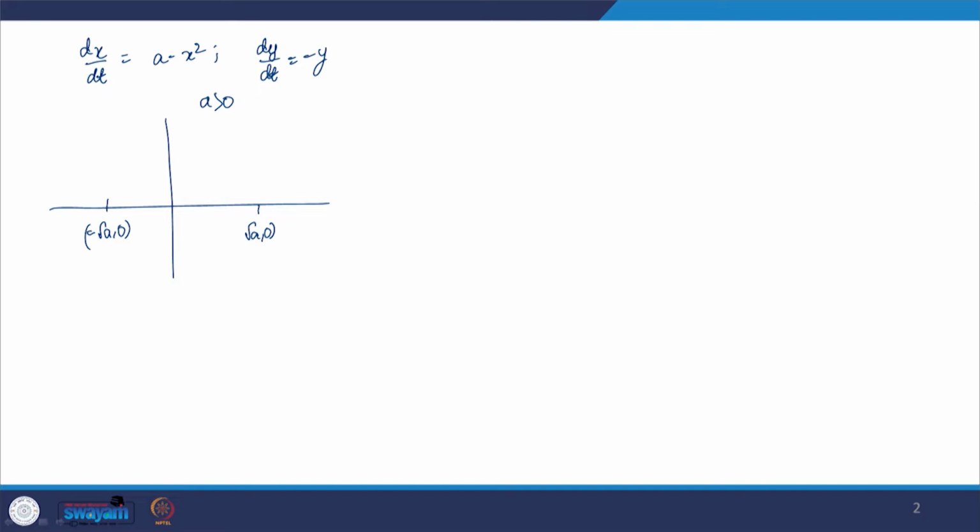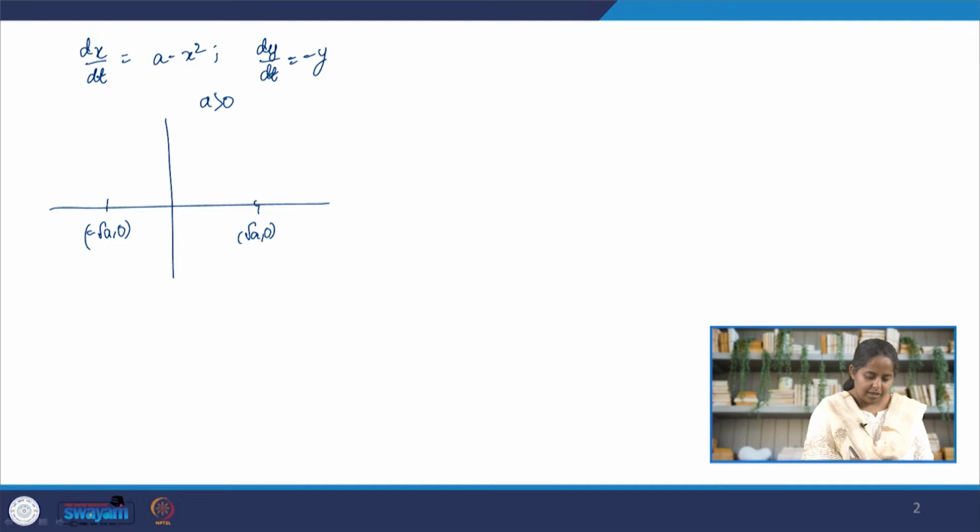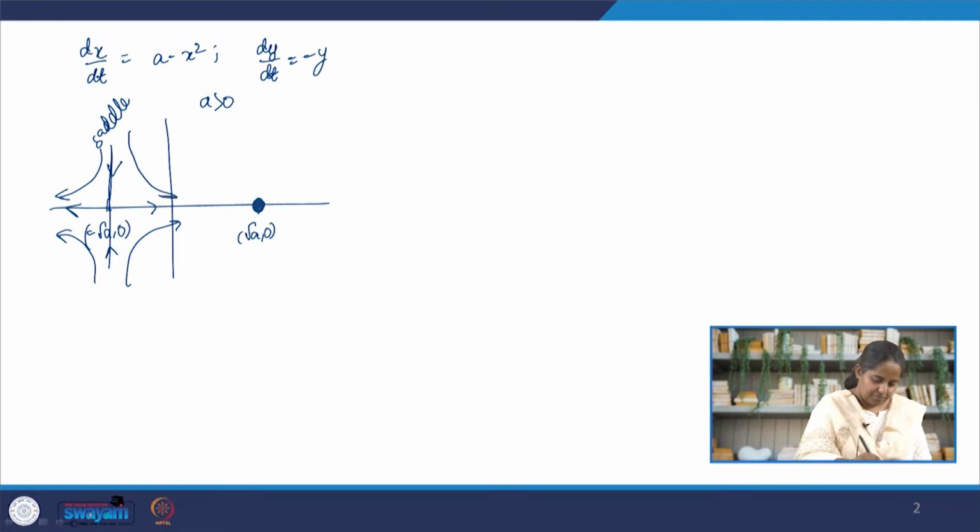And when a is greater than 0, the phase portrait is something like this: stable fixed point, saddle. So here we have a saddle and here we have a stable fixed point. The stable manifold is here, the unstable manifold is here. So the trajectories look something like this. Now clearly this is a stable fixed point, so it is an attractor, it is attracting flow lines. So this flow line will eventually join in here,